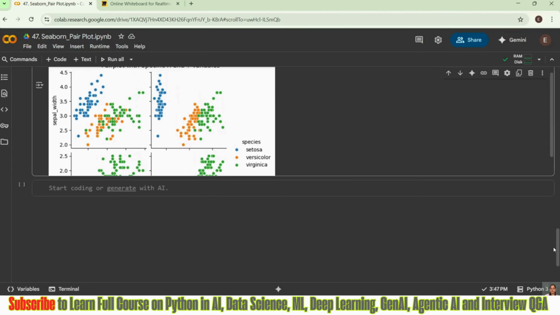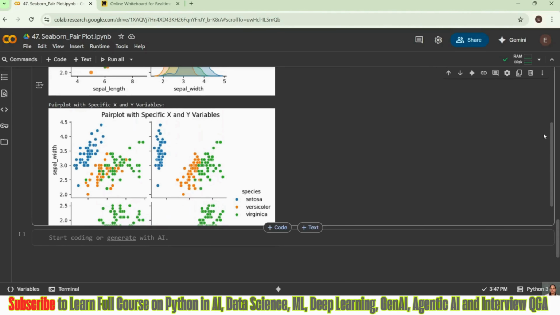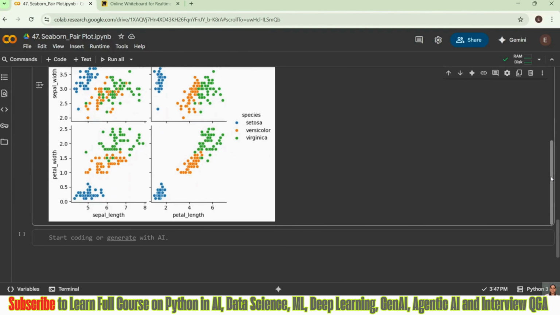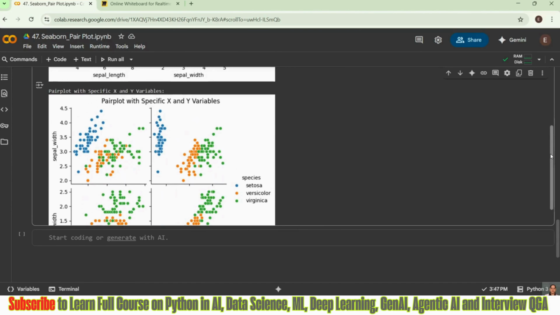This is how we are getting it. Basically, I'm telling it these are my whole 4 plots, and I'm just specifying the x-axis and y-axis. It's like I'm combining 4 scatter plots, guys. It's simple to understand, right?